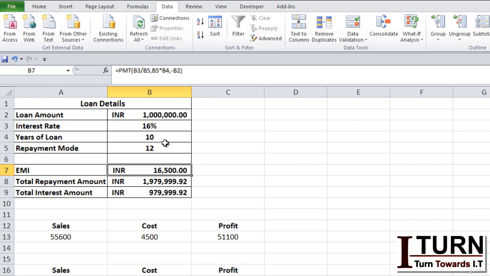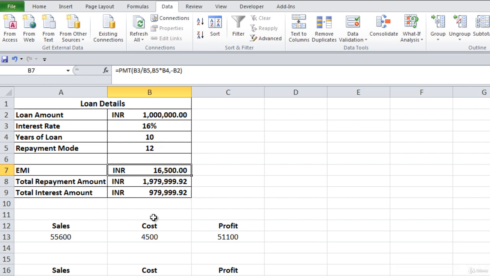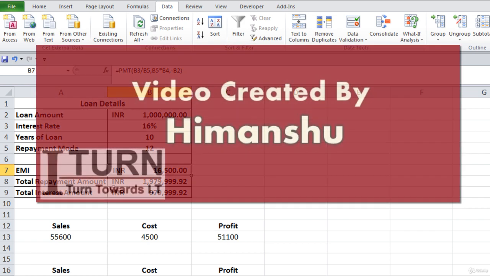Now in the first two situations, like sales and cost, getting the profit was quite easy. But in this kind of complicated function, you may find that goal seek is something very, very important, and it makes things very easy for you. So this is all about goal seek. Give it a try,